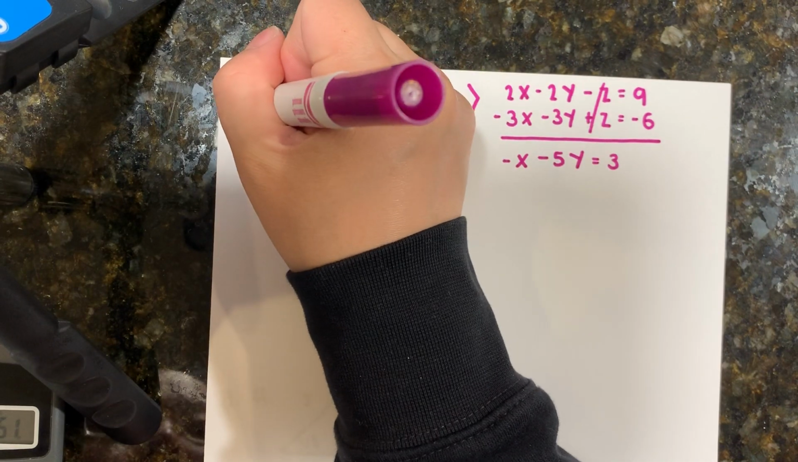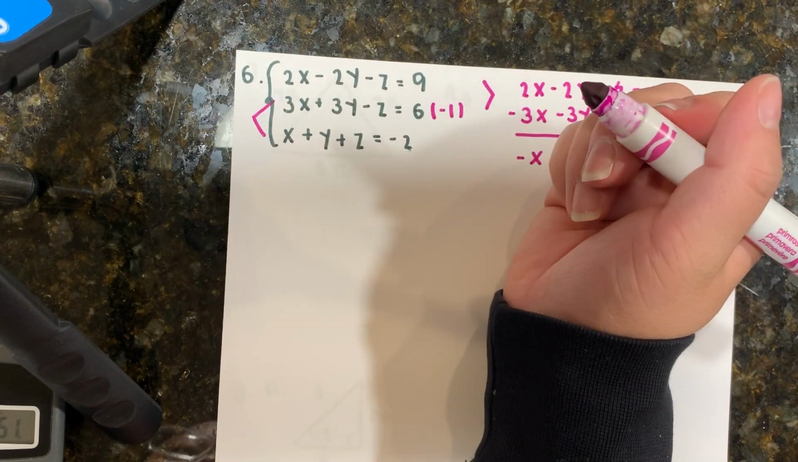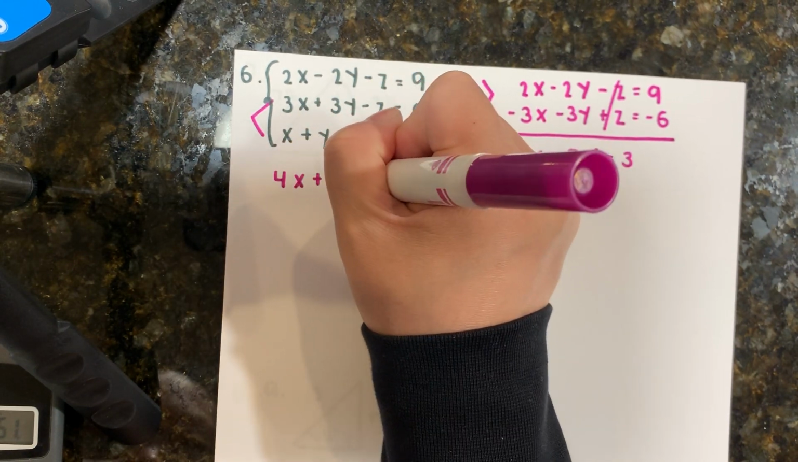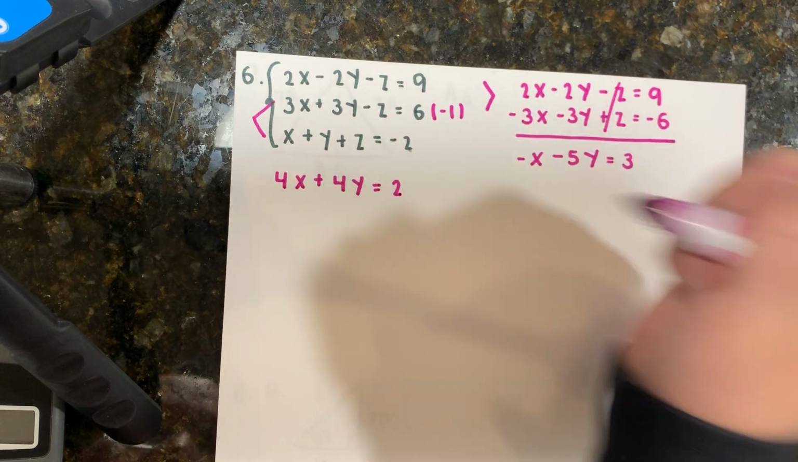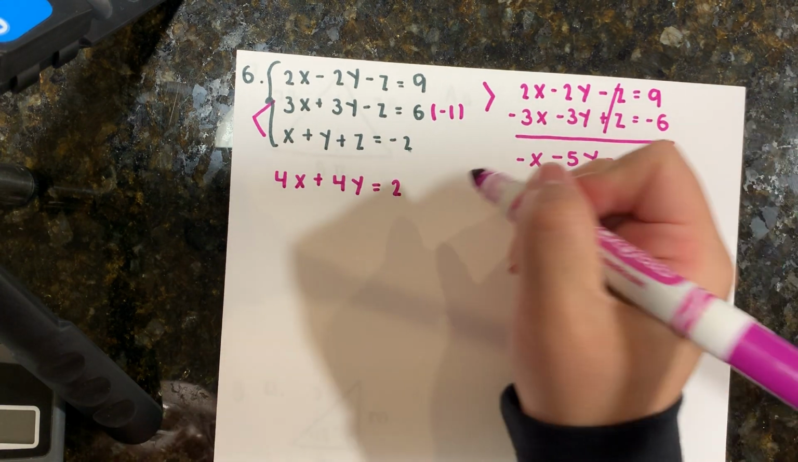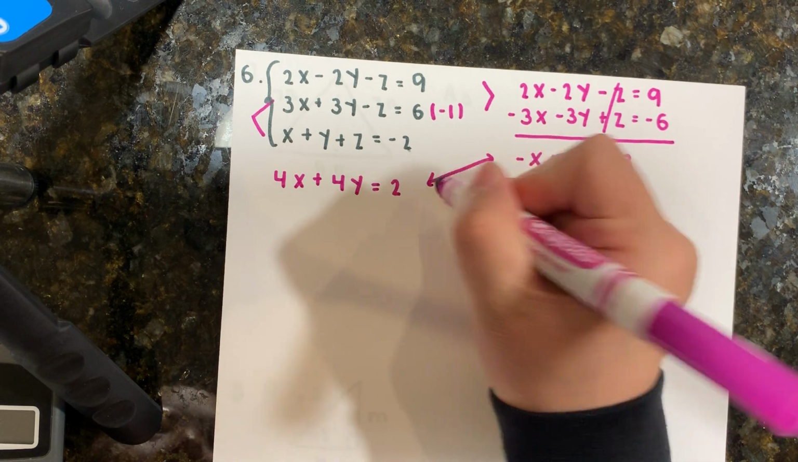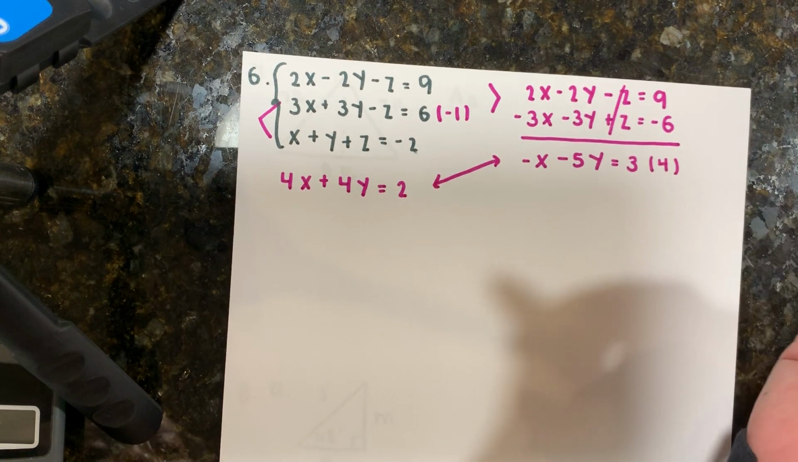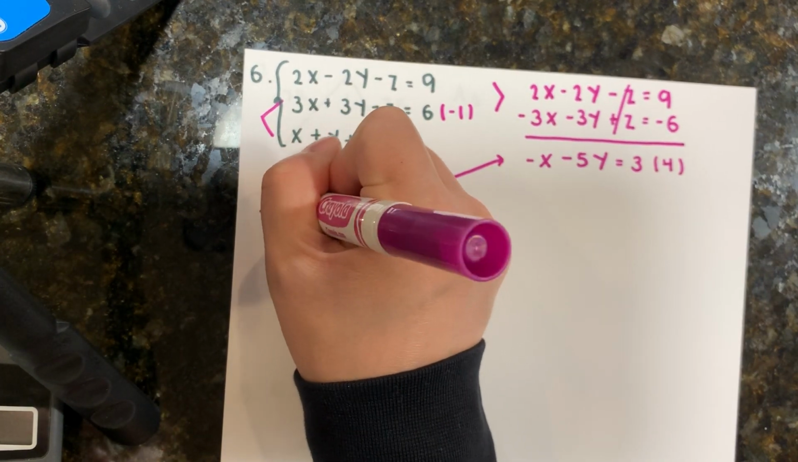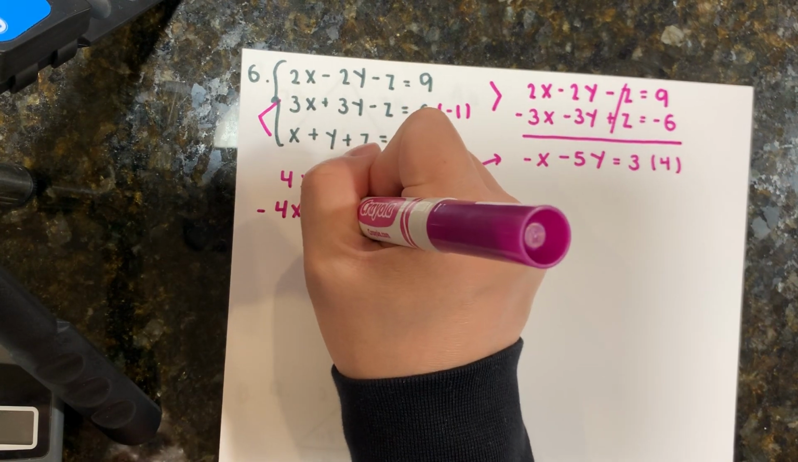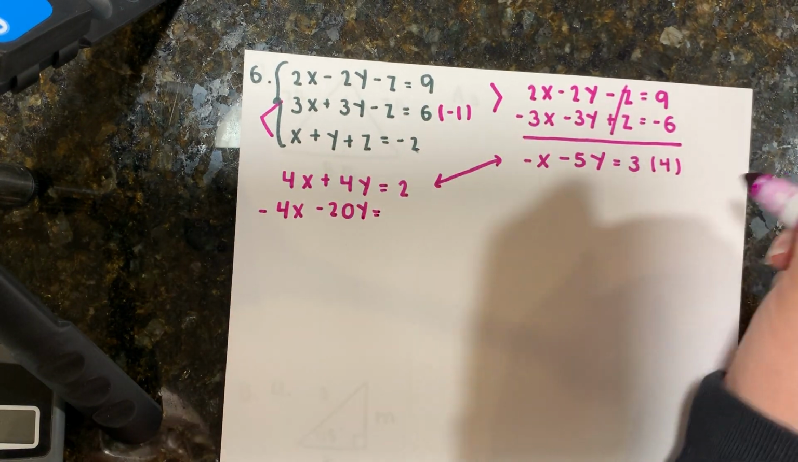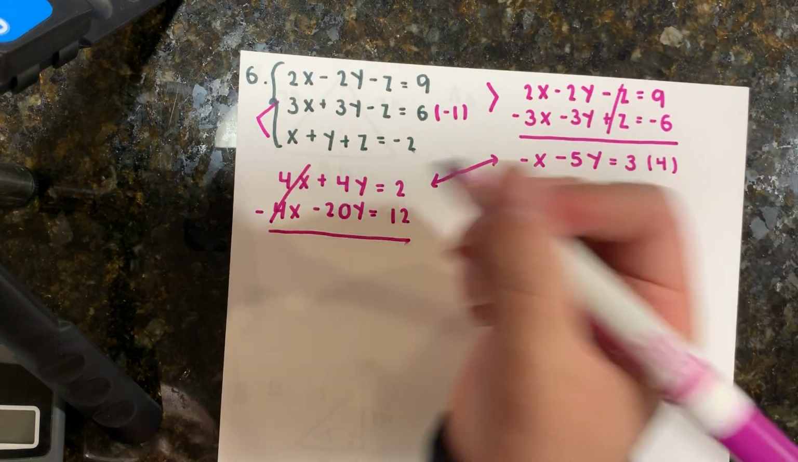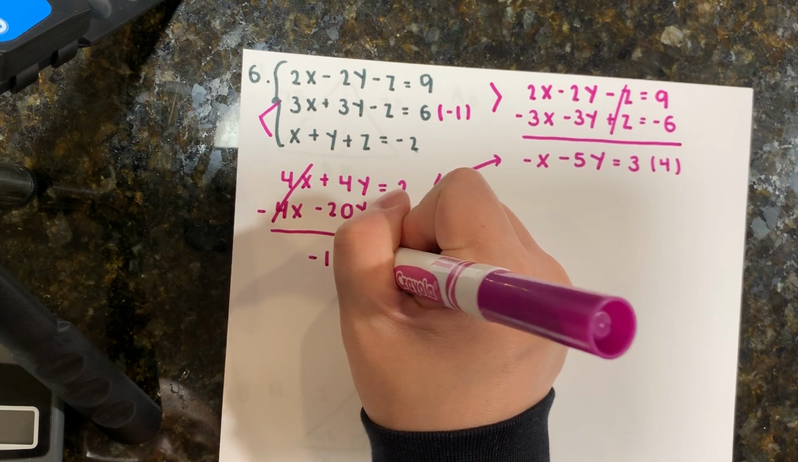I'm going to add the bottom two equations together as is because the z's already cancel. So that would be 4x plus 4y equals 2. Now it would be pretty easy to do elimination between these two equations by just multiplying this equation by 4, leaving the left one the same. So that would be negative 4x minus 20y equals 12. And when I add those together, the x's are going to cancel, and I get negative 16y is